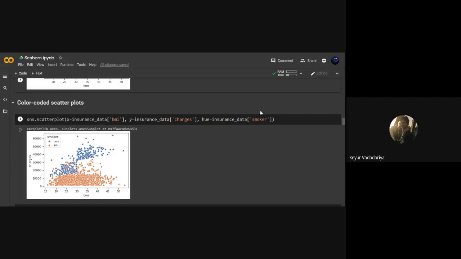So we are distinguishing the data based on smokers, and we can have a scatter plot for both smokers and non-smokers. And as we can see very clearly here, smokers are charged more than non-smokers for a particular insurance claim, which is obvious.